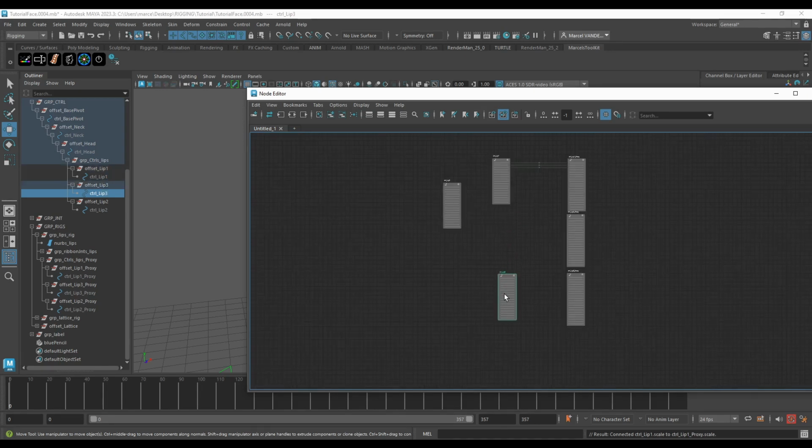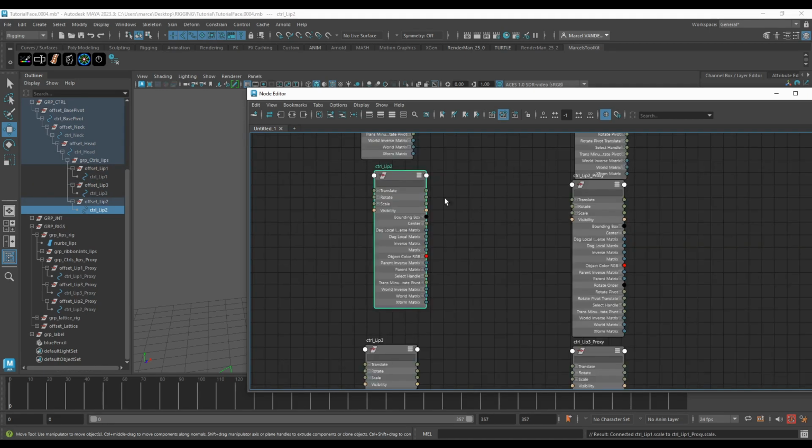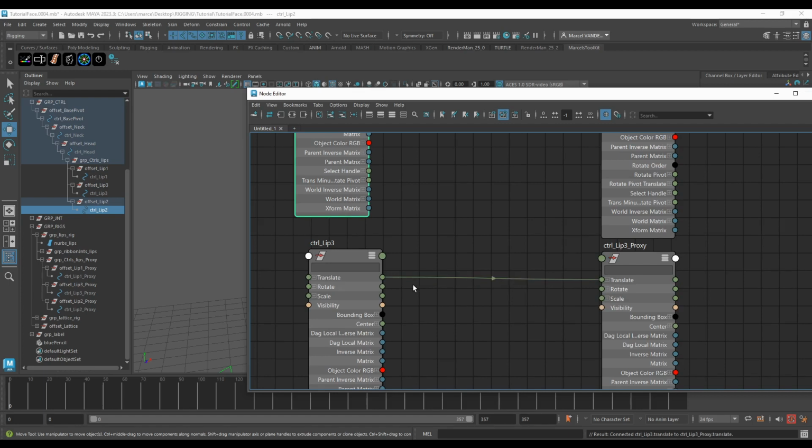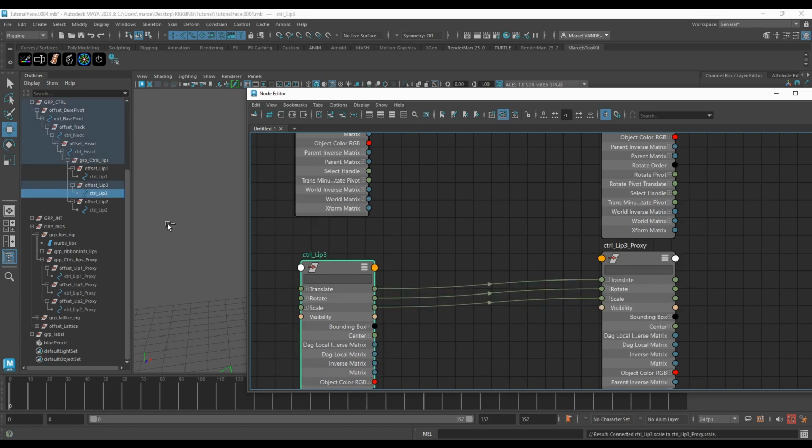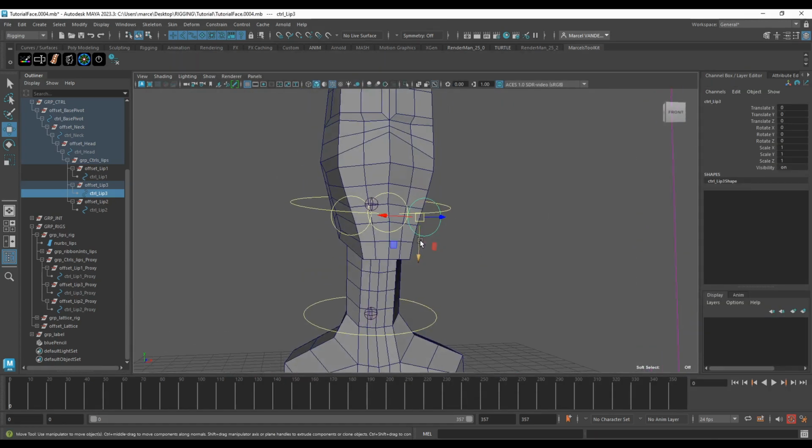Sometimes, if you want to transfer all the data, you can even just transfer the scale if you want to. But it really depends. No, I want to have rotate going inside of rotate and translate going inside of translate. Okay. Now, if we check our rig,